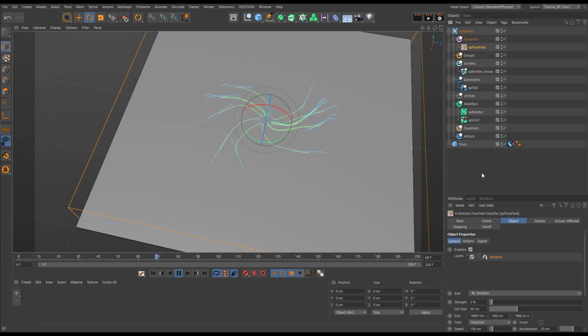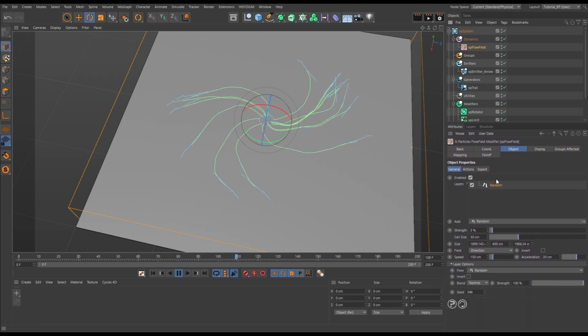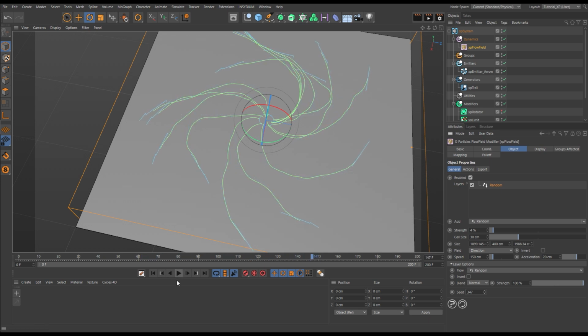So we could then go back to the flow field. Now that we've got our rotator in check, we can maybe increase the strength of this slightly. And then let's just change a couple of seeds. What I don't really want is too much bunching. And we're getting quite a lot of bunching here, which means we're going to have lots of dominoes knocking each other over. So we could cycle through seeds until we get one where that isn't happening as obviously,